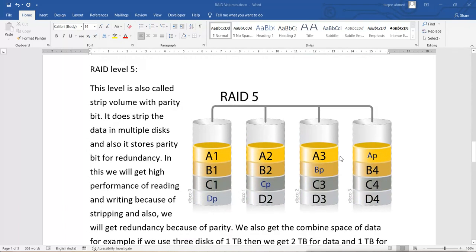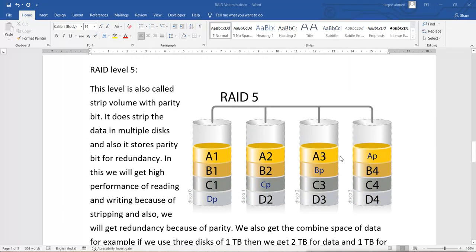Then we actually have RAID level 2, RAID level 3, RAID level 4, but normally we don't use those because those are the same as RAID level 5, but RAID level 5 is more redundant and useful, most used in common sense. RAID level 2, 3, 4 are rarely used.